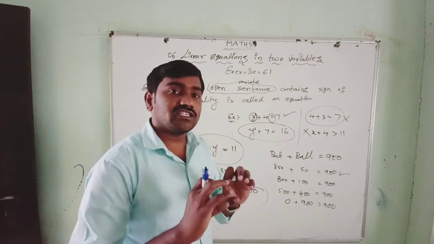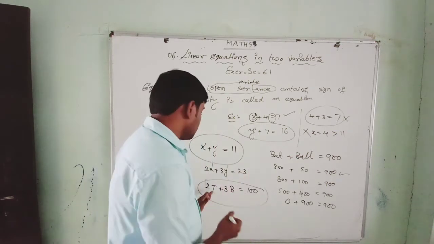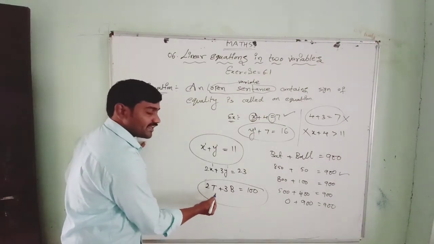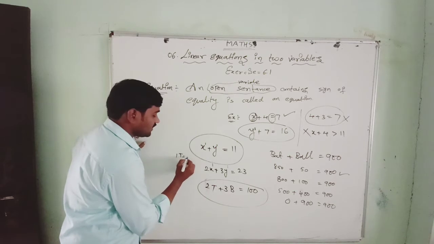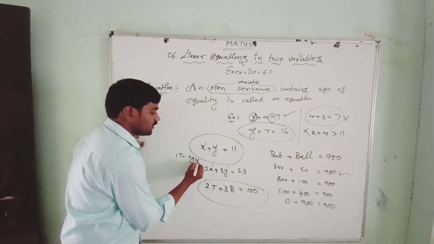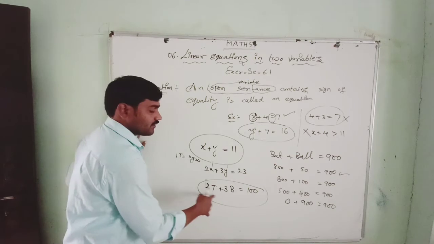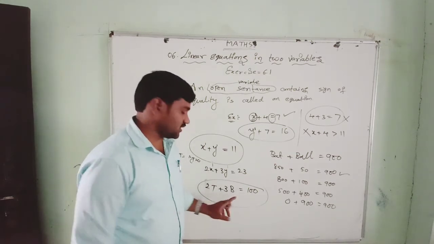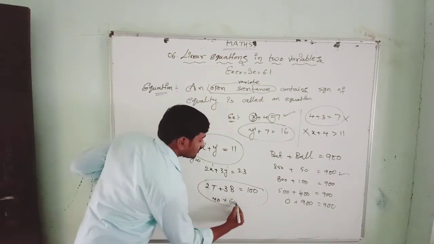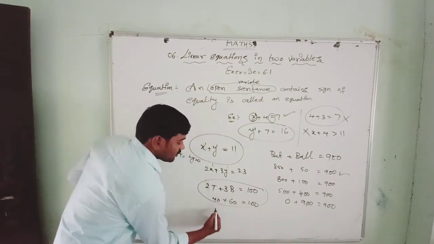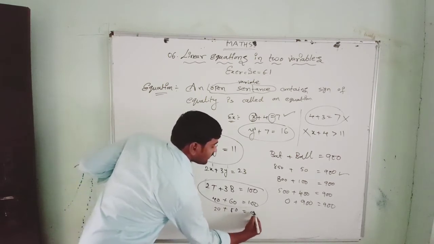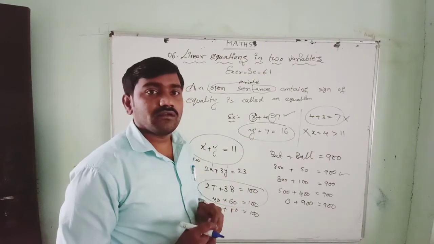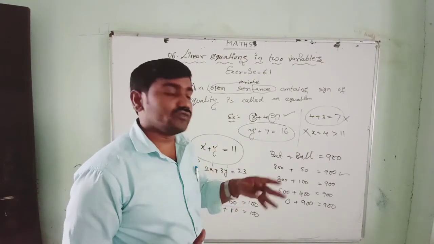The variation may fluctuate. Maybe tomatoes cost 20 rupees per kg, so 2 kgs is 40, and brinjal at 20 rupees per kg, 3 kgs is 60. Here is 40 rupees and here is 60 rupees, making 100 rupees. Or it may be 20 rupees and 80 rupees, which is also 100. So when two things are unknown, it is known as a linear equation in two variables.